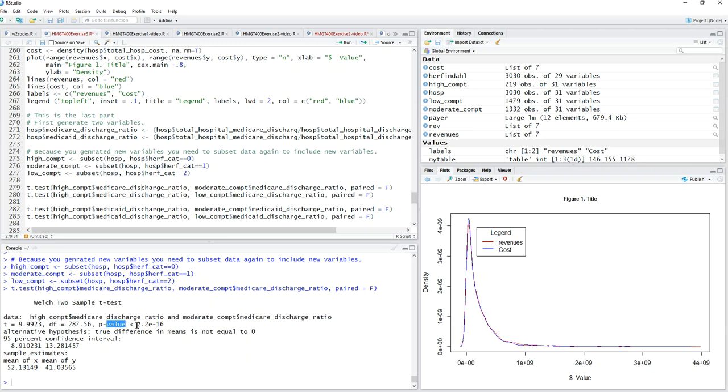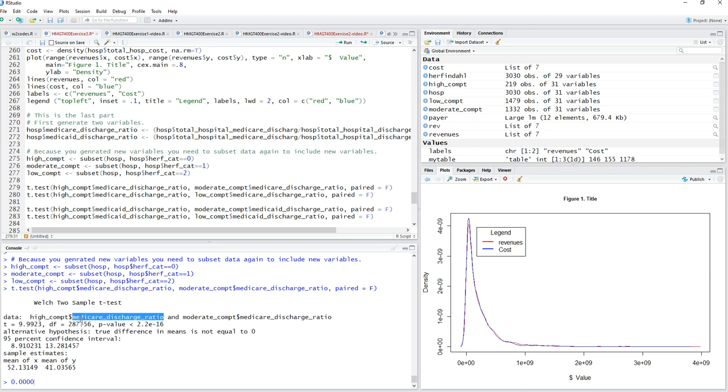The p value is 2.2 e power minus 16. It means it's something like 0.000 with 15 zeros and then 22. This is a very small number, so I don't need to consider this, only go with 3 or 4 decimals. It's 0, right? So it does mean it's a really highly significant